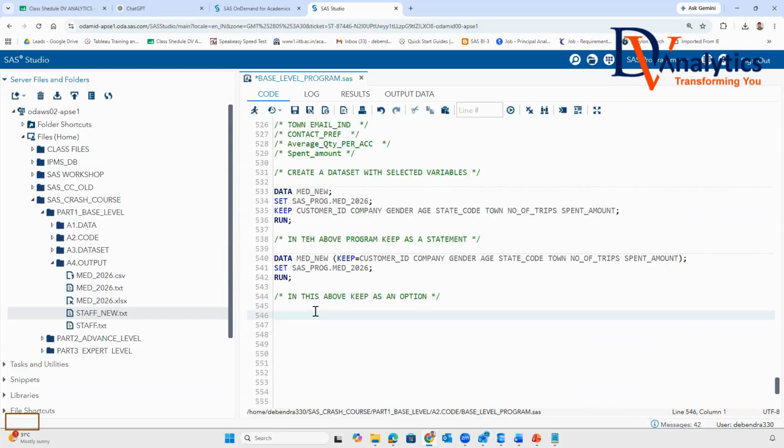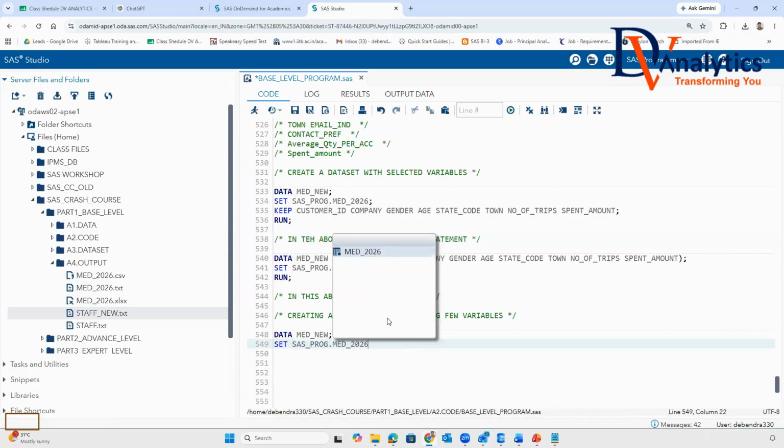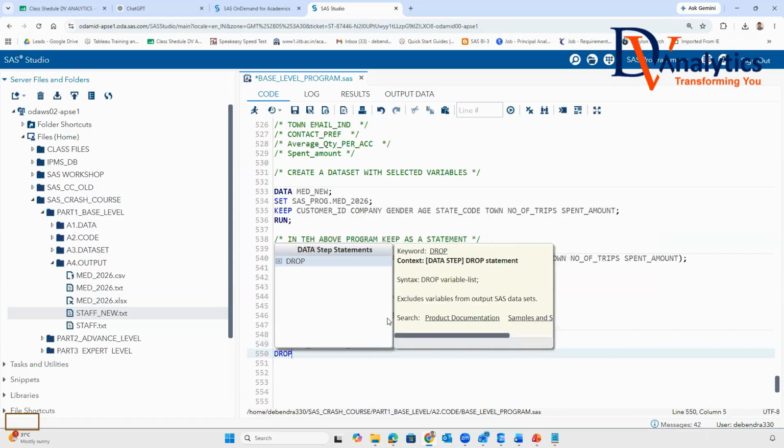Yes, sir. Right. Now, creating a new dataset by dropping a few variables. So what does that mean? The meaning is that data made_new set SAS_prog.made_2026, I want to drop a few variables.